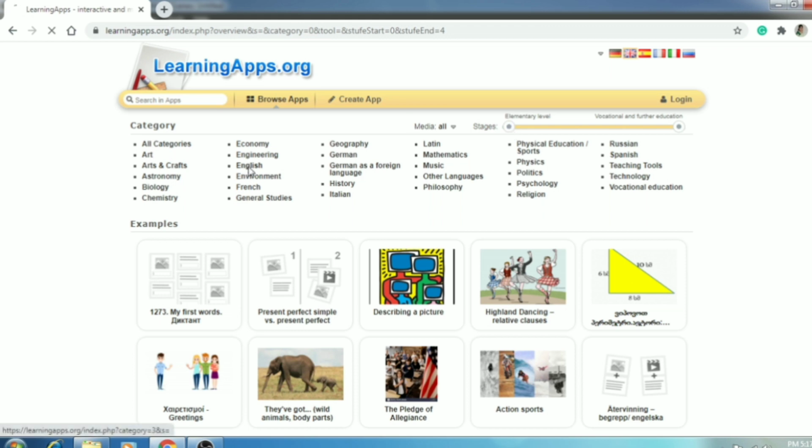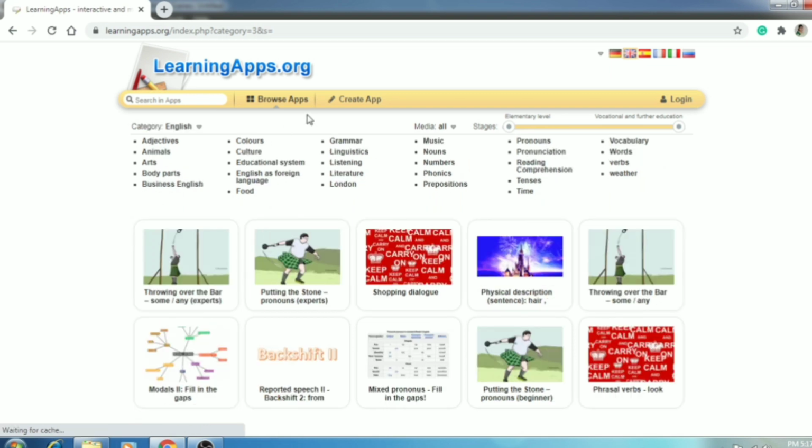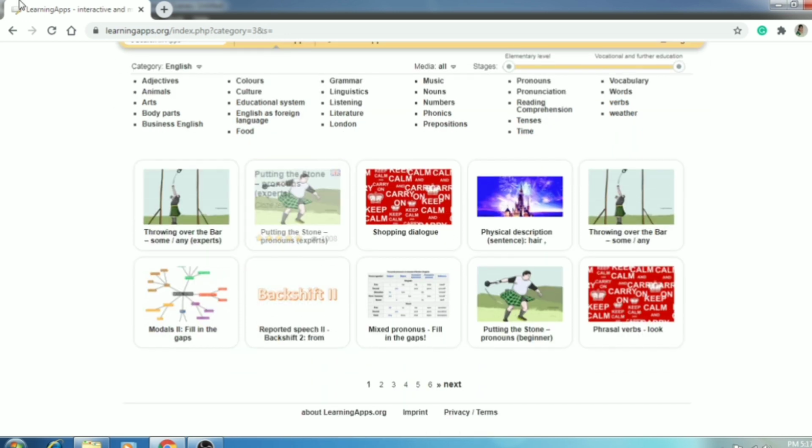Okay, now let's get to the categories. Choose a subject or a topic you want to learn. When we go inside, we have subcategories there, and below you have small thumbnails. If you keep your cursor on the thumbnails, it will show what kind of activity it is going to conduct. It can be a crossword or matching or something else. We'll see in detail what kinds of activities are present in this website, which is free, and you can combine a few of them and make a complete lesson.